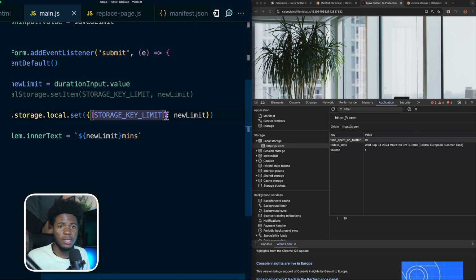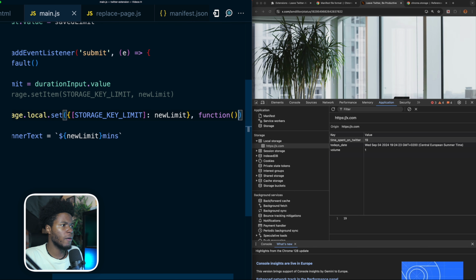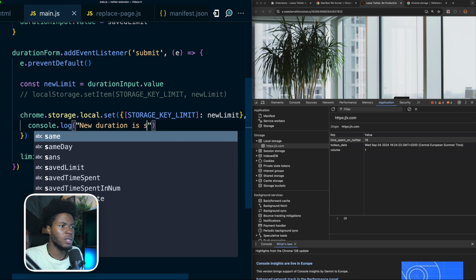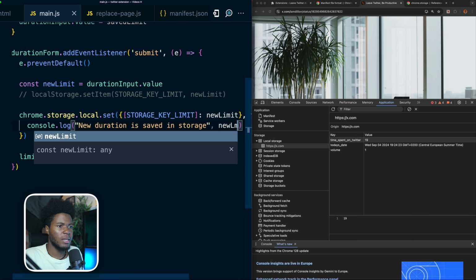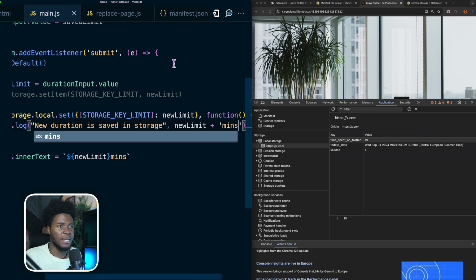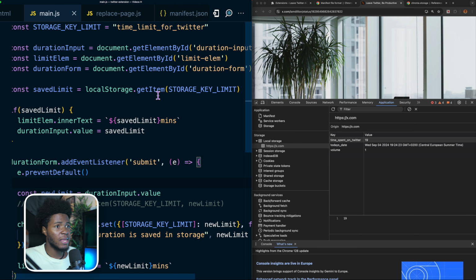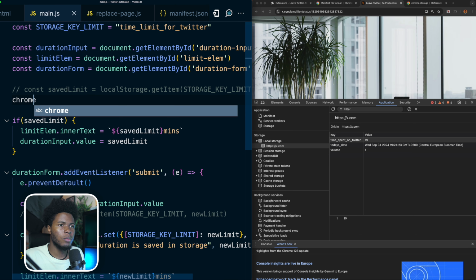Now, like I said, this works asynchronously, so you can use a callback function, you can use then, and you can even use await. I'm just going to use a callback function for this. So after we set, then we have a callback function, and then here we can just say console log new duration is saved in storage. Then we pass the new limit plus minutes. And then here where we also do saved limit local storage.getItem, instead we're going to have chrome.storage.local